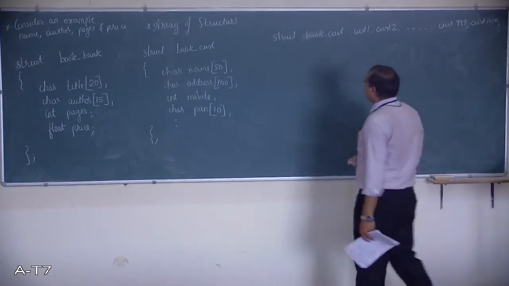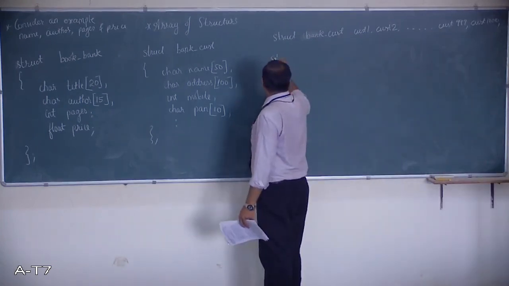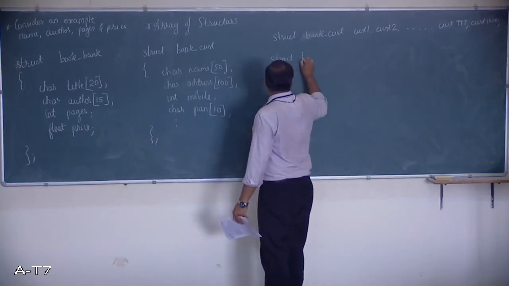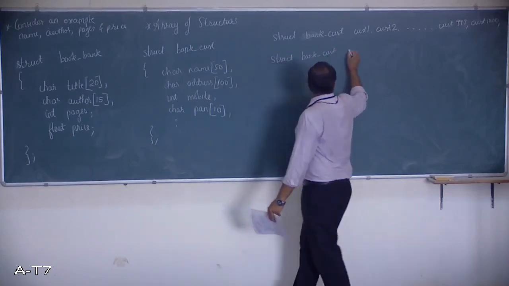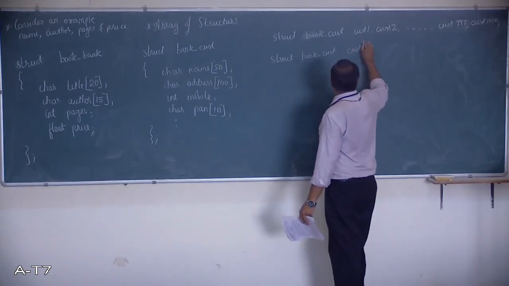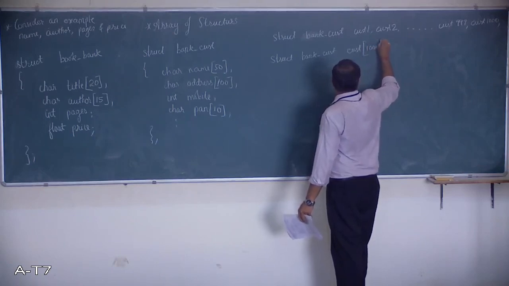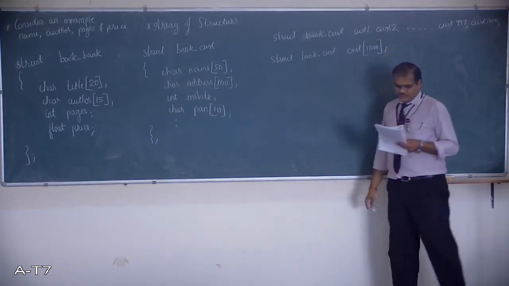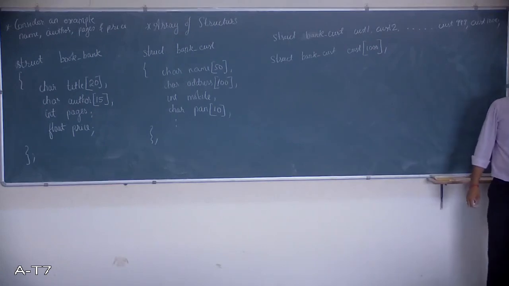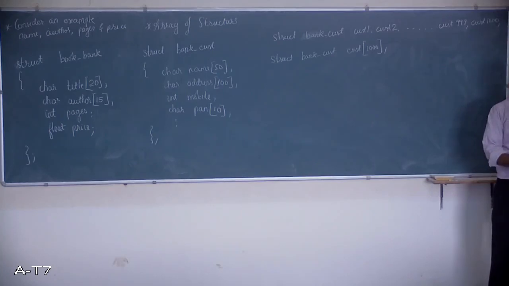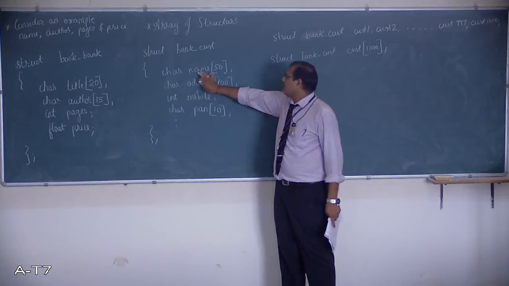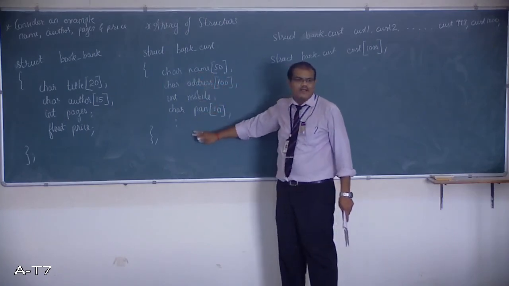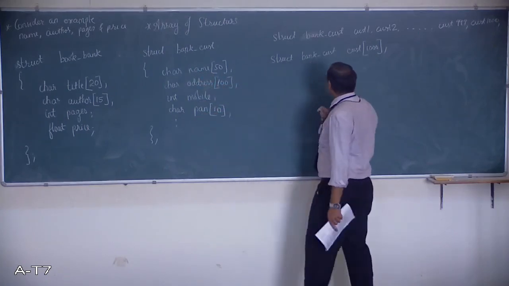So instead, we can use this method. I will use an array which defines 1000 bank customers with this template, where every customer will have name, address, mobile number, PAN card, Aadhaar card and so on. So how to access that? I will use